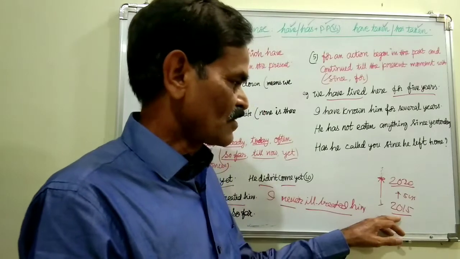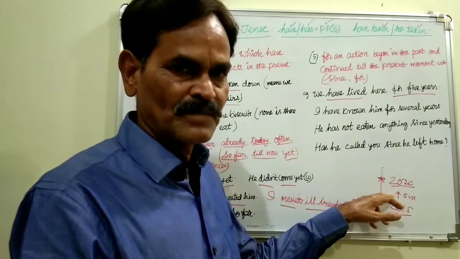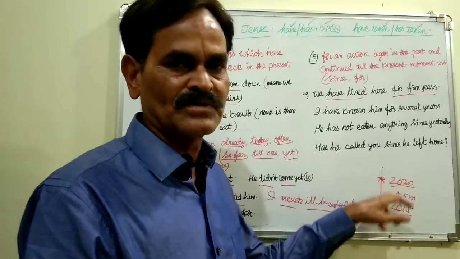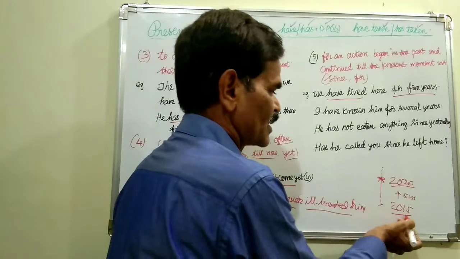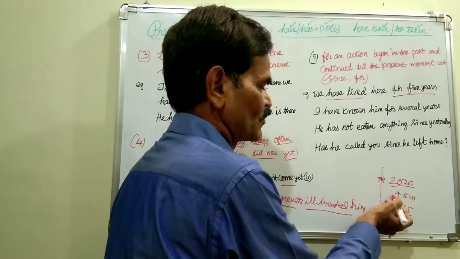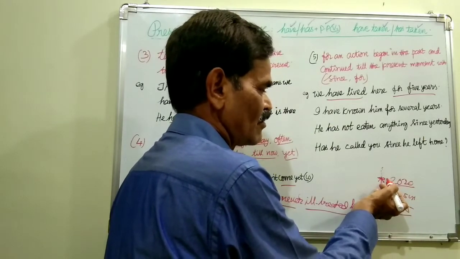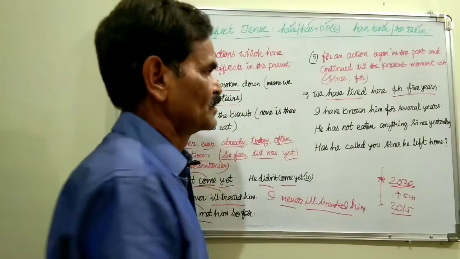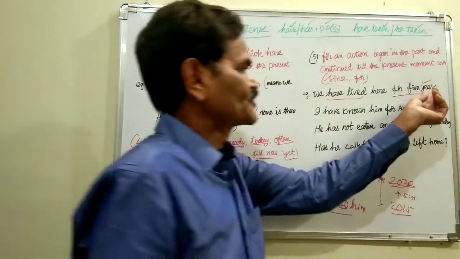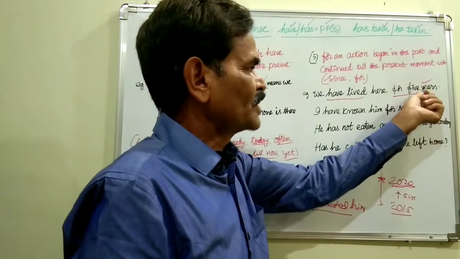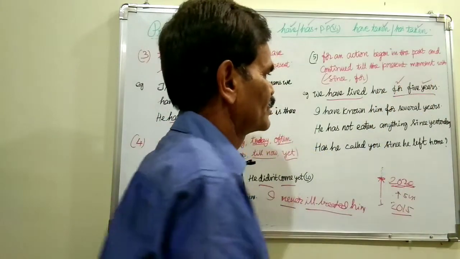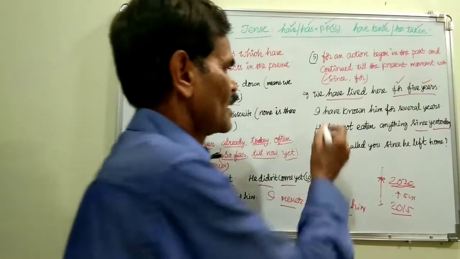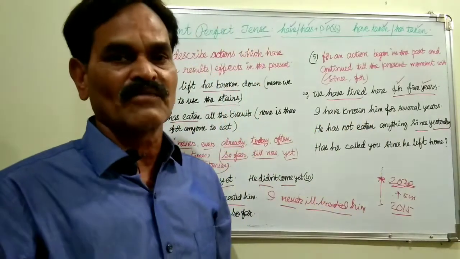But it began in the past, continued for some time. This some time may be minutes, hours, days, months, weeks, years, decades. So it began in 2015 and continued for 5 years and ended or is continuing in the present time. Then we have to use have plus V3 only. And here, how much time or how long, that kind of time is there, we have to use for. And suppose the beginning time is given, we have to use since. These two are prepositions.